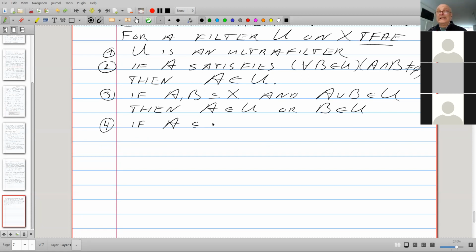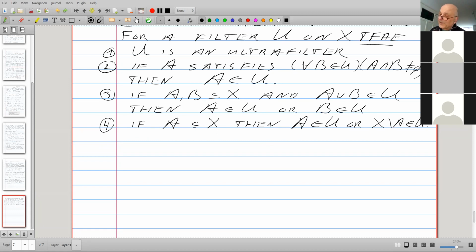So there is at least one implication that we have proven. So these 4 statements about a filter are equivalent.